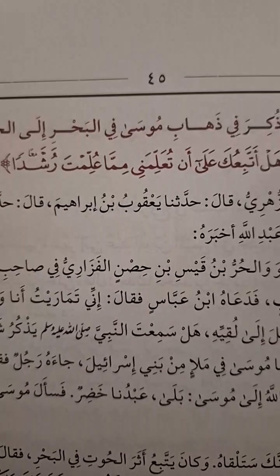Right, you can see that there are two qira'at here. أن تعلمني مما علمت رشدا رشدا, right? So Yunini rahimahullah put the sukun and the fatha and wrote ma'an, right? So you can read it both ways. There are two qira'ah, rushda and rashada. So all these